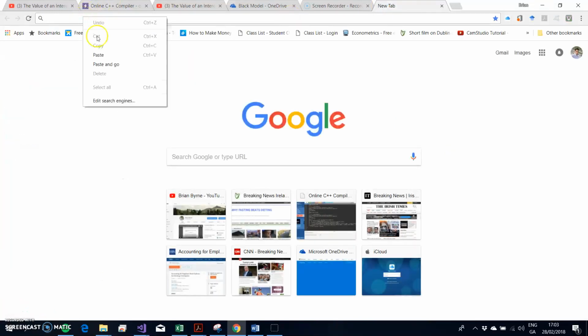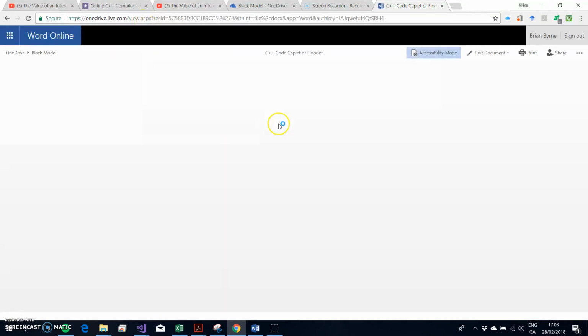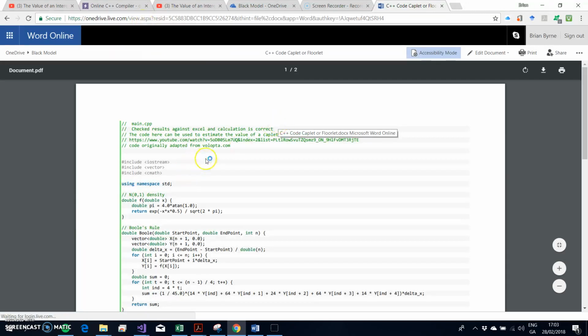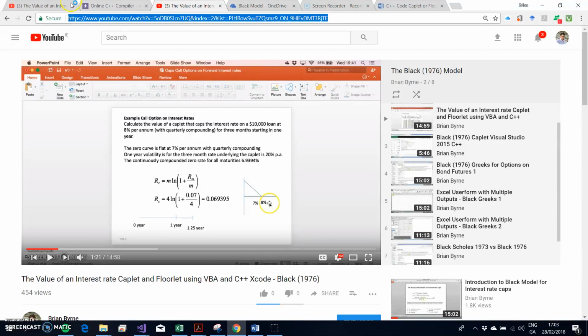At this web address, I have some code here for C++. So there's a Word document with C++ code for the Black model, 1976, and basically I'm following through the logic of this particular problem. We're trying to work out the value of a caplet, which is a call option on an interest rate,